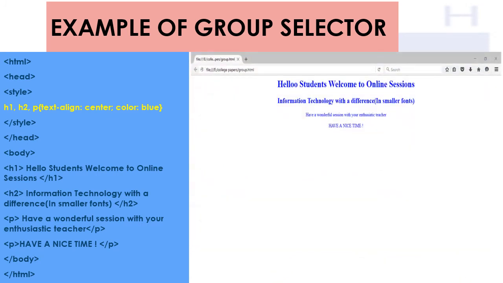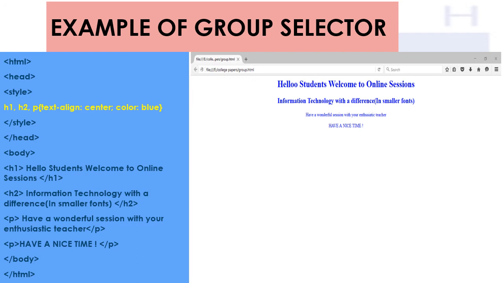On the right hand side, you can see that all three sentences have been aligned to the center, and the three sentences have the font color blue. Hello students, welcome to online sessions, this is the H1 tag. Then in the H2 tag you can see information technology, the difference, given in smaller font and brackets.